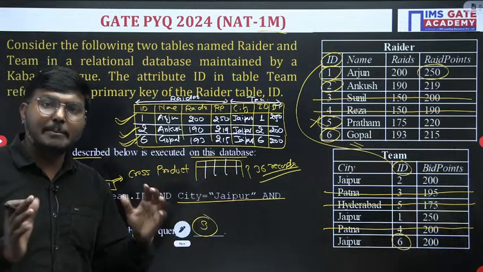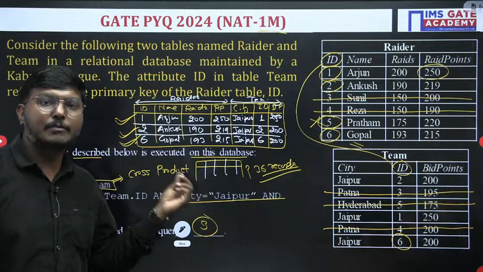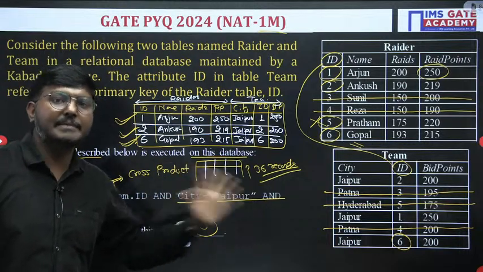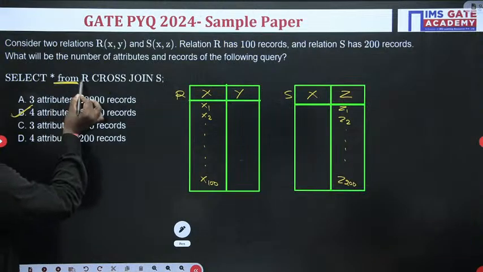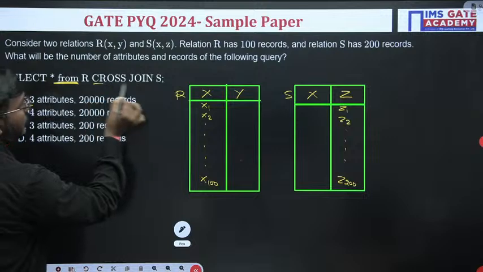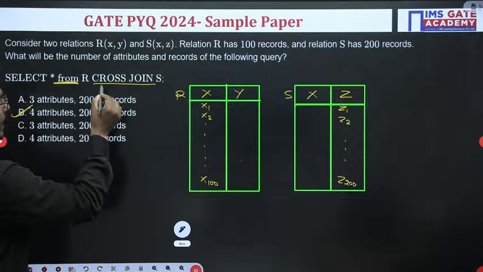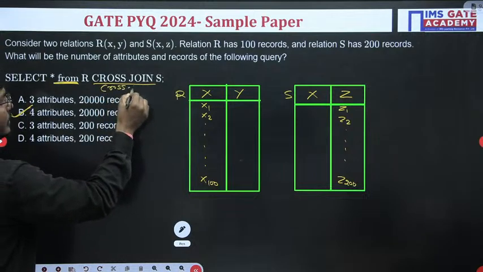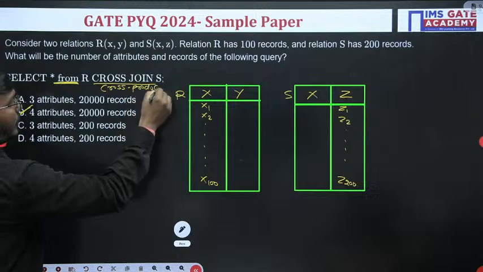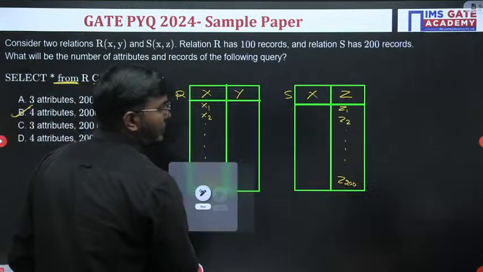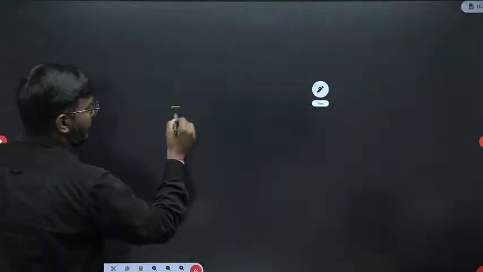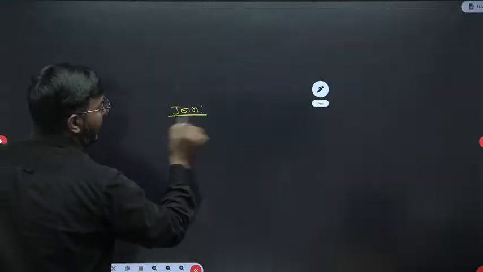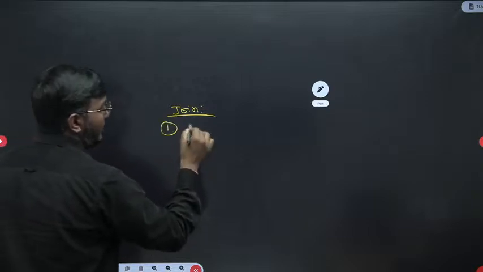Whatever tables we have in the from clause, it will perform the cross product between the tables. Now if you observe, it says from R cross join S. So this cross join is known as the cross product. Don't get confused with this join. The join operations are the natural join,